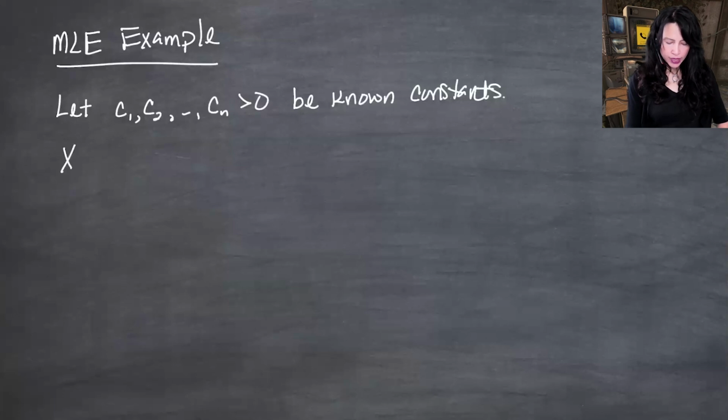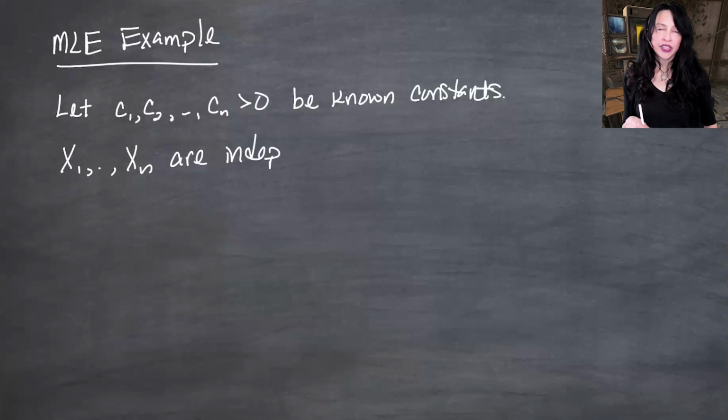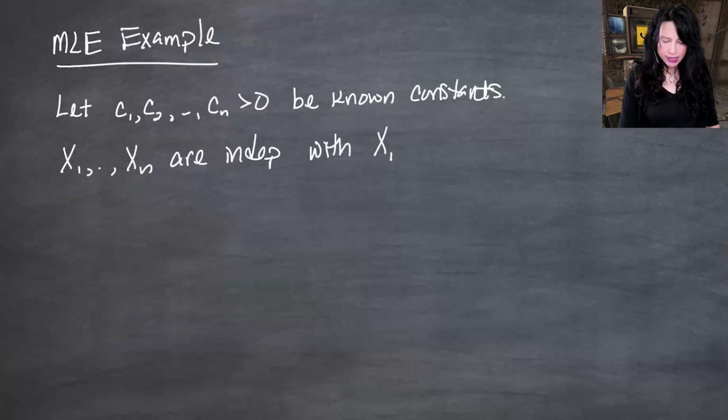I'm going to suppose that x1 through xn are independent random variables, but I'm not writing IID because they're actually going to have different distributions, not wildly different like Pareto and beta, but they're all going to have gamma distributions with different parameters. So with xi having a gamma distribution,